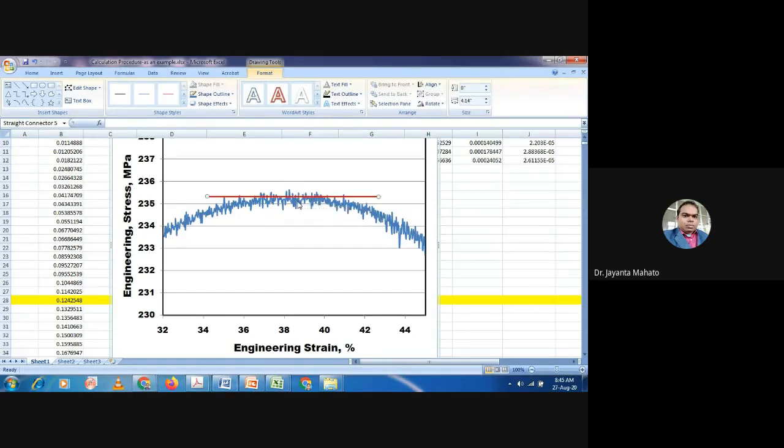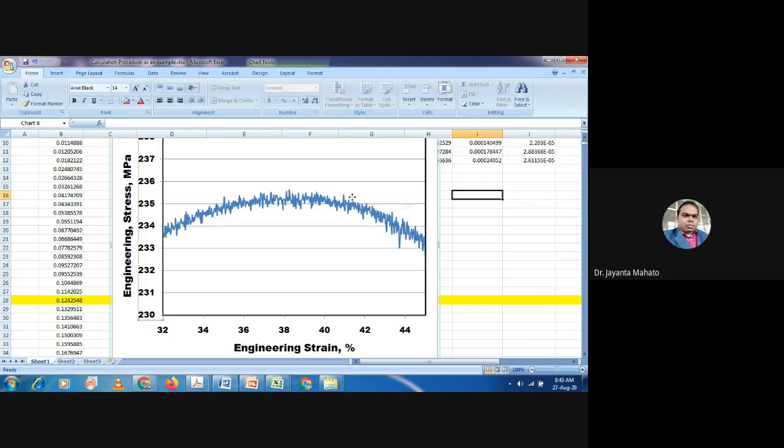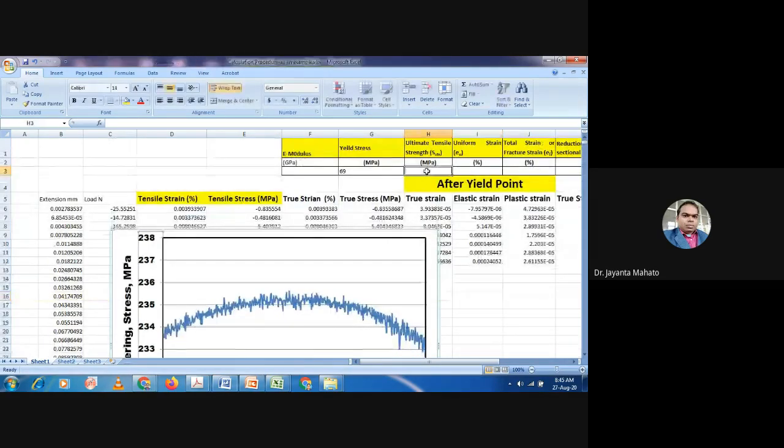So you have to take this maximum value, and this maximum value is nothing but the ultimate tensile stress. So 235 is your UTS value, and then the strain value corresponding to this 235.